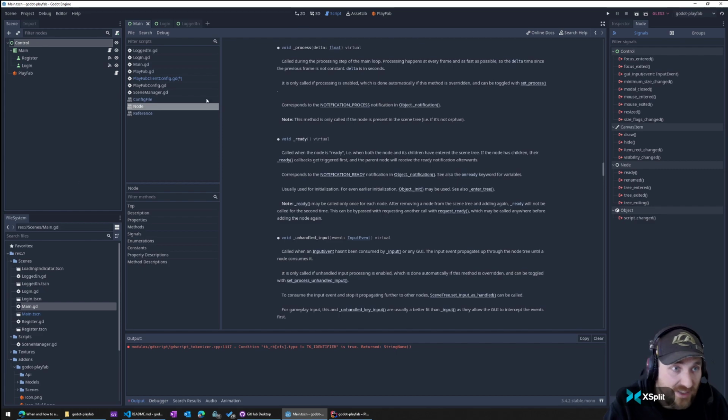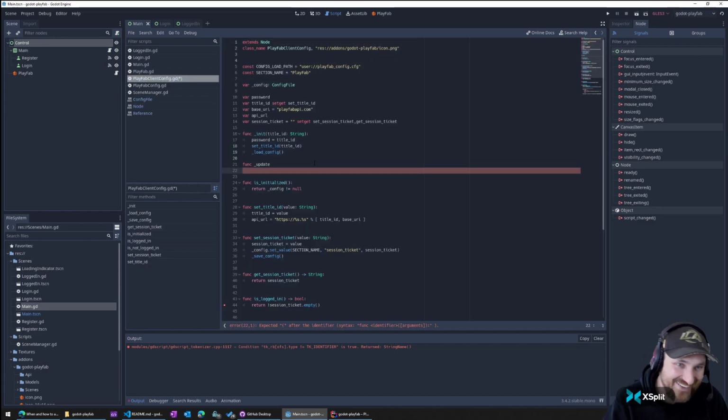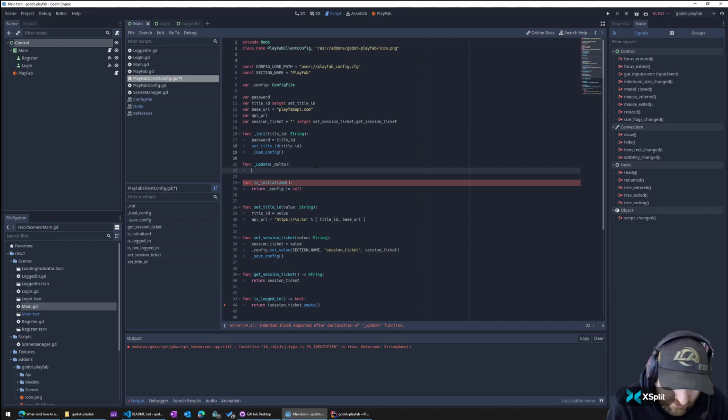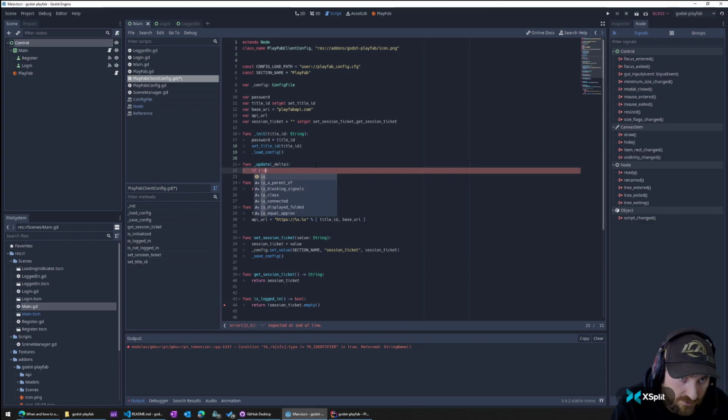I actually don't like Unity. That's the fun part about it. Delta, we're not using the delta, so that's why we underscore it. That ignores it, supposedly only in function parameters. If is initialized,